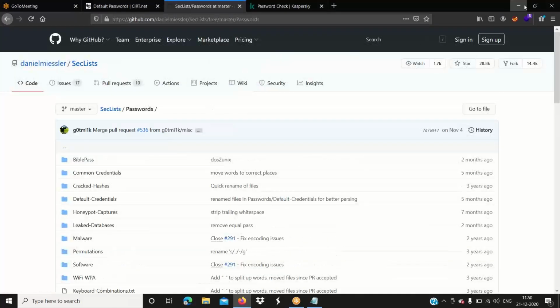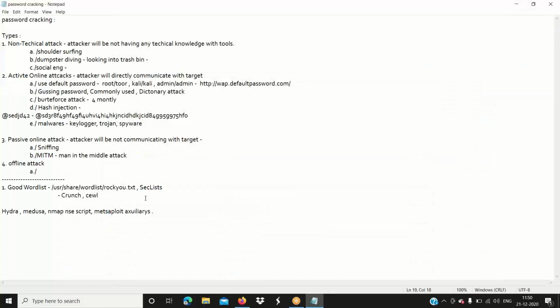You can directly come here and take the password list, or you can go to this particular location in Kali. Otherwise, if I want to generate my own word list, we have a tool called Crunch. Crunch is very helpful when you want to generate your own word list.